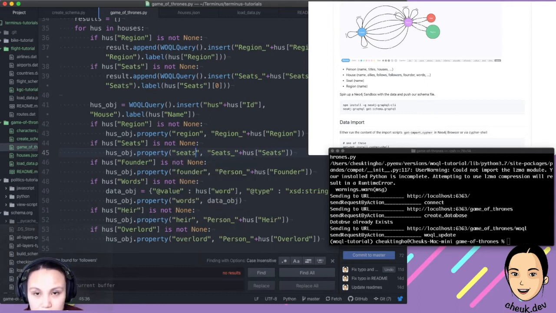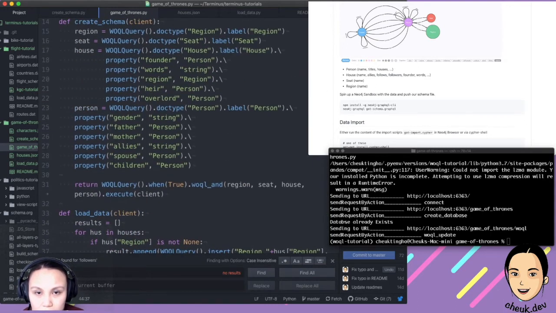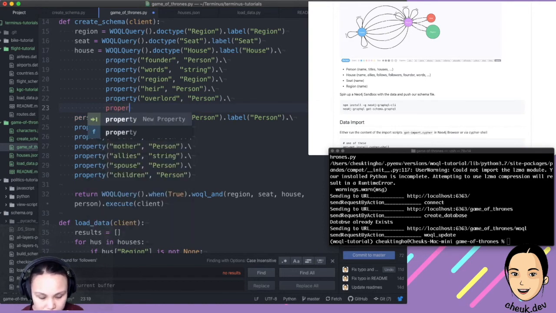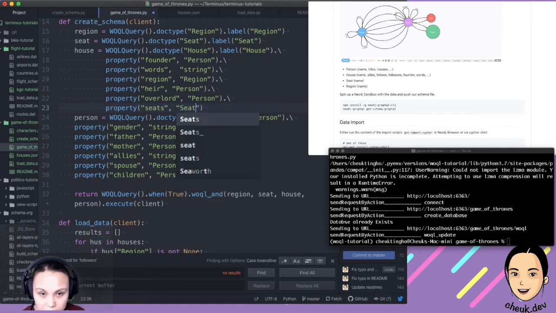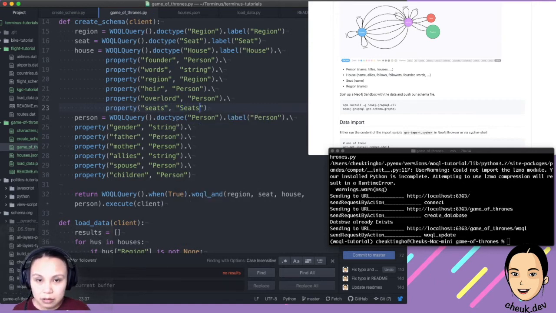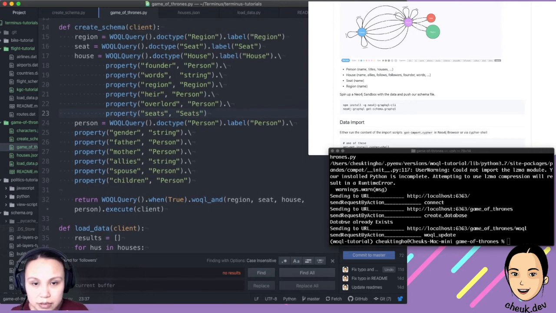Did we put it in house? We don't have that here. Oh, okay. Seats. Right. It should be a property that's called seats,